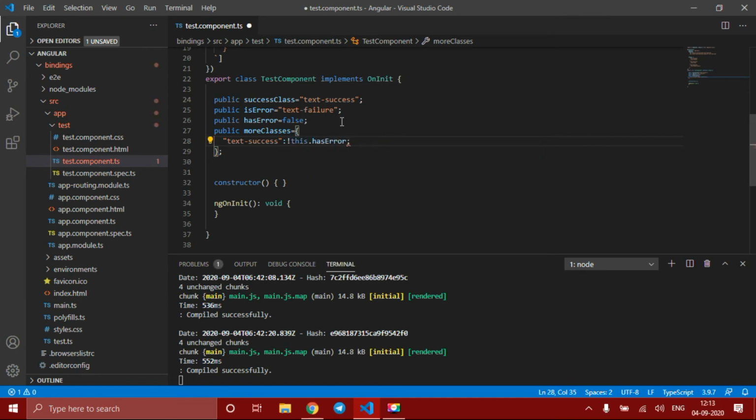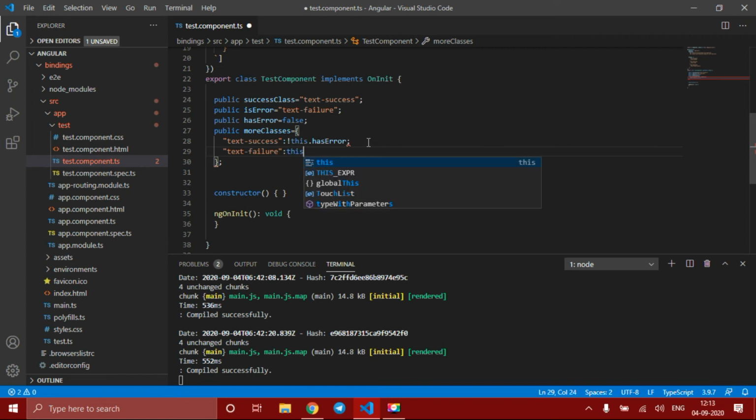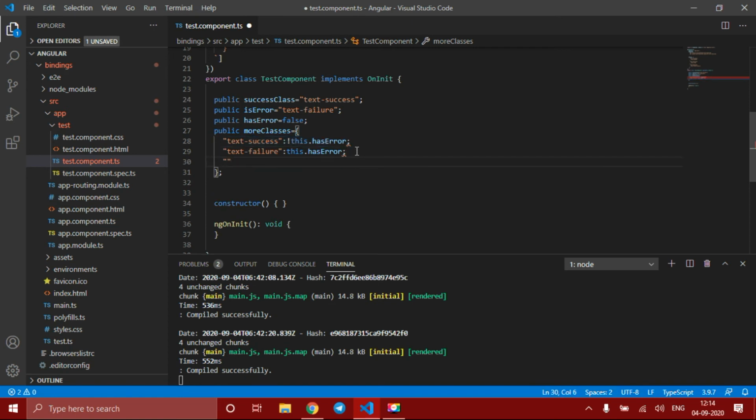When hasError is true, it should not be green, but red should be applied. So, opposite to the above one, this.hasError. If hasError is true, this will execute and this won't, and vice versa. The third one is text-special.